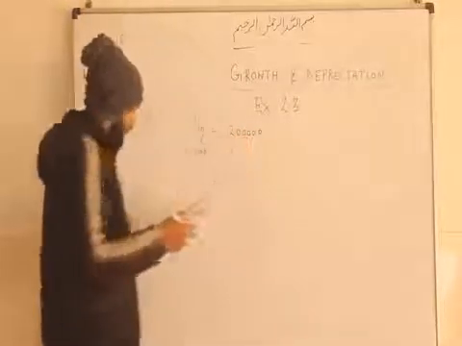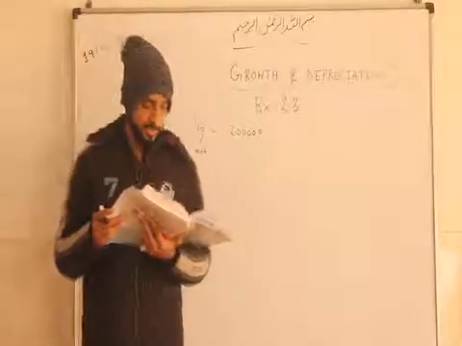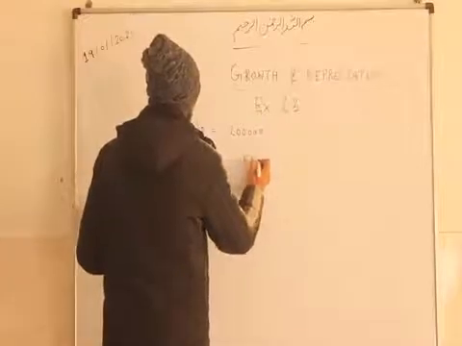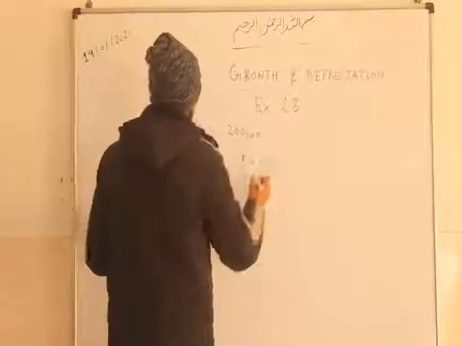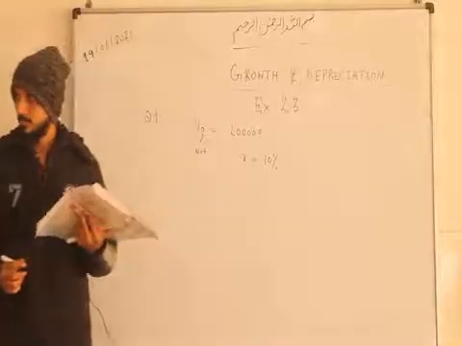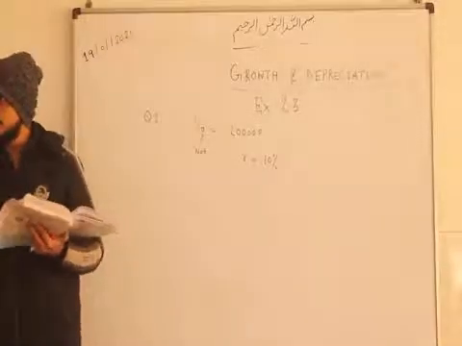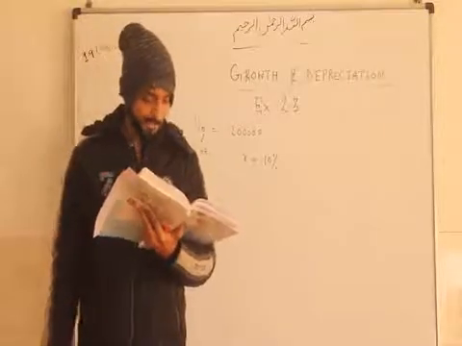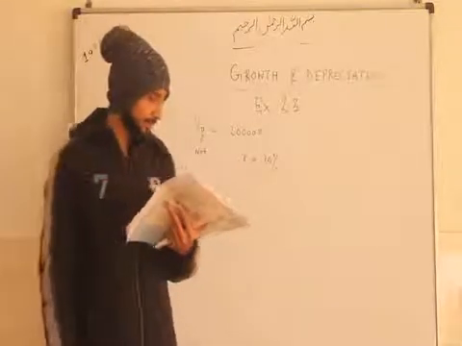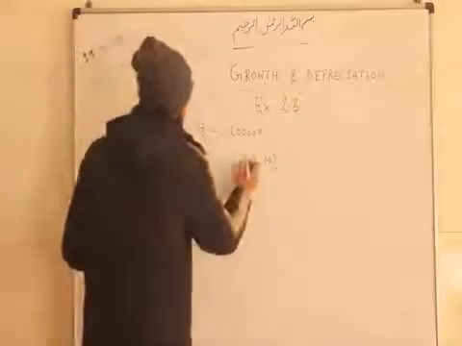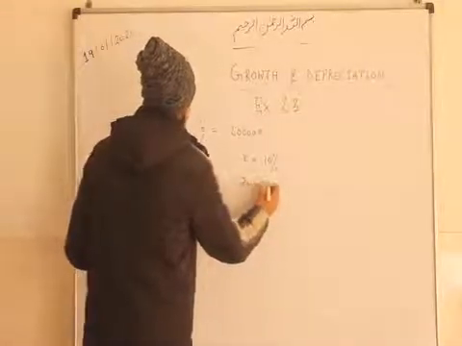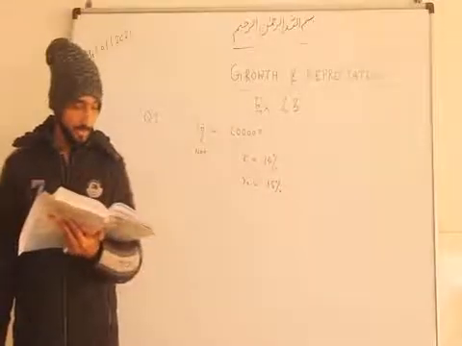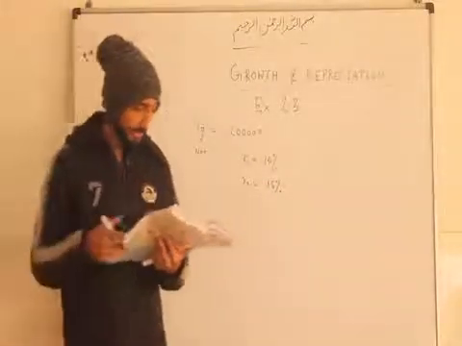Okay, this is the V naught. Its population increases by 10%. So the rate of increment is 10%. V naught is the initial value, V is the final value. So 10% in the first year and 15% in the second. So two rates of interest are given, and this is 15% for the second year. Find the population of the town at the end of the 2 years.